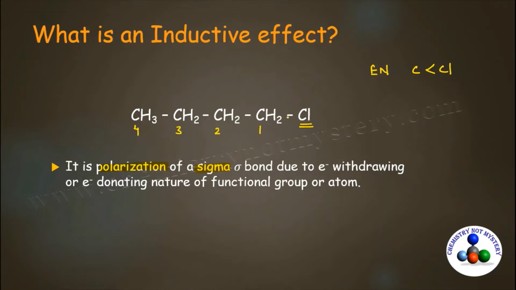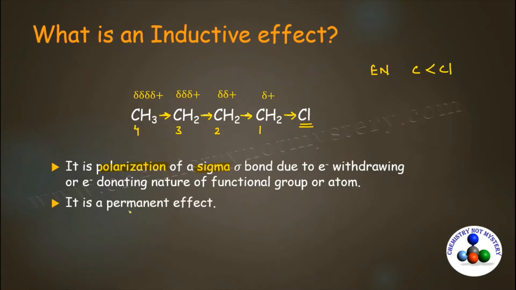So it will withdraw electron density from carbon 1 and as a result of it, carbon 1 will develop partial positive charge. Now this partial positive carbon 1 will withdraw electron density from carbon 2 and as a result of it, carbon 2 will develop double delta positive charge. Similarly, this delta positive carbon 2 will withdraw electron density from carbon 3 and now this carbon 3 will develop triple delta positive charge, that is even less than the double delta positive. Similarly, carbon 3 will withdraw electron density from carbon 4 and now this carbon 4 will develop quadruple delta positive